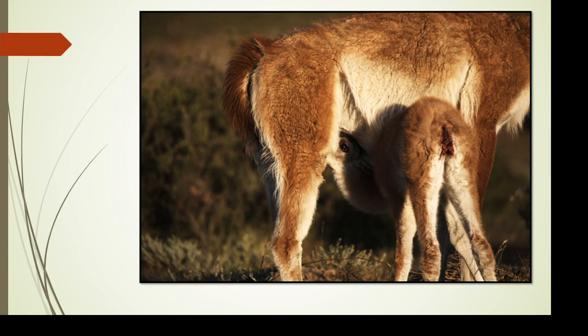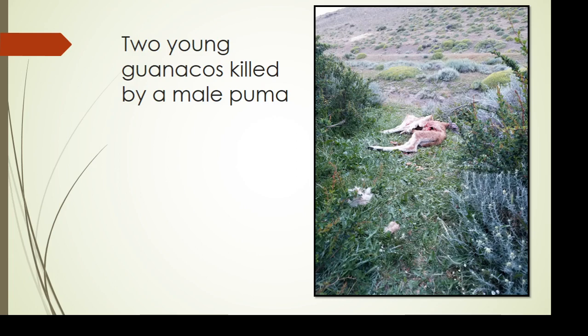And let's go back to the Wanacos now. So it's the baby Wanacos, it's the Chilengos that mostly get eaten. And this guy's missing a tail. I don't know if he was already in a scrap with a mountain lion or if he just got it caught in a fence or something crazy. But maybe he's already got a cool story to tell. And when we did find Wanacos that were killed, they were young ones.